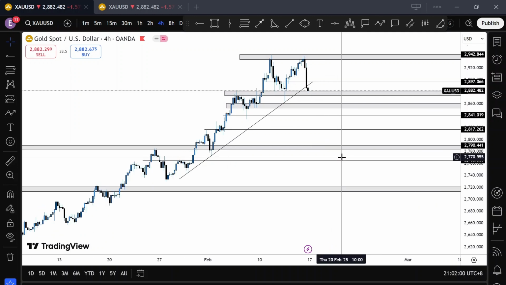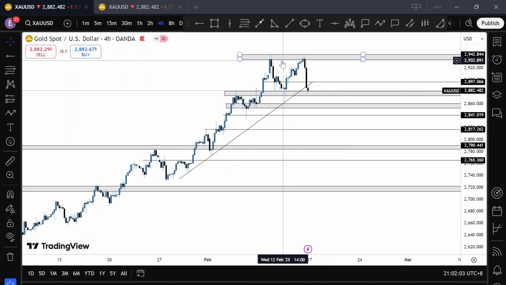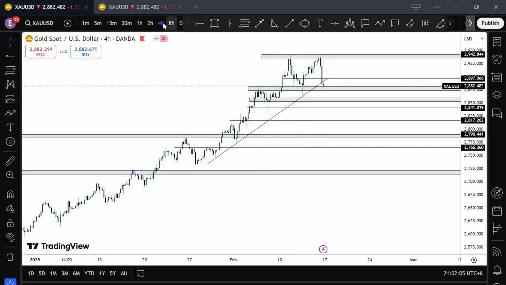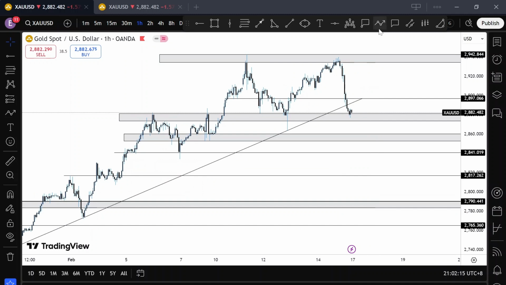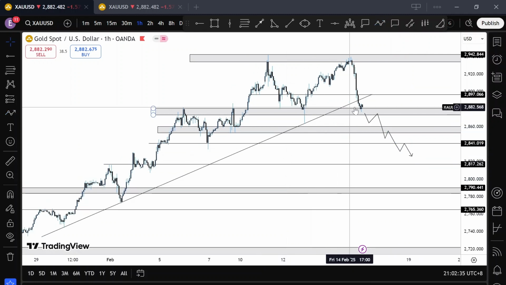Basically, gold has created a huge double top here. We might want to probably see price start going to the downside. We also have an upward trend line here which looks like it has been broken, but for us to start really banking sales for gold, we want to see price maybe pull into this region, a retest of the 2,875 region. We want to see price sell to the 2,860 region, break below, retest, things like that, lower lows, lower highs. Okay, otherwise this region might be held very strongly.